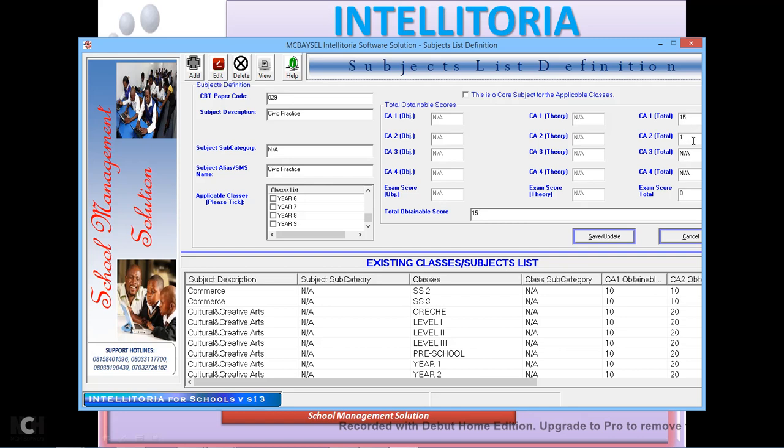Let's say for this one is also 15, and the total obtainable score for the exam score will now be 70, based on what I've just set up here. 15, 15, then 70. If I save this one,